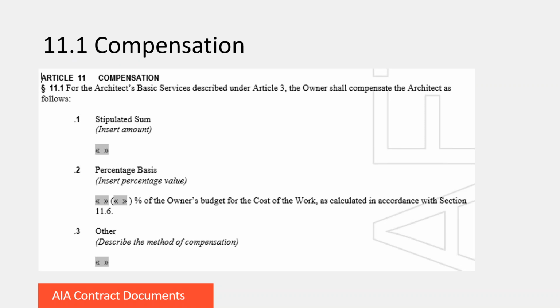So Article 11 uses the assumptions of the most common methods of determining compensation, which are stipulated sum, percentage of construction cost, or other, which generally is hourly. If you're using other, you'll describe that in 11.1.3. And specific information about compensation based on a percentage basis is listed in 11.6. And then for hourly billing rates, that's listed in 11.7. So we'll just keep going